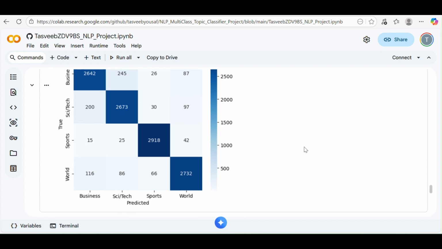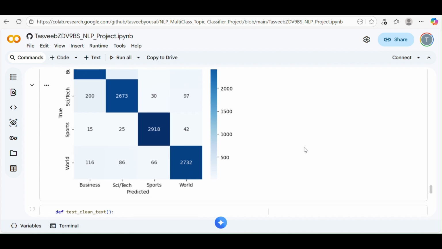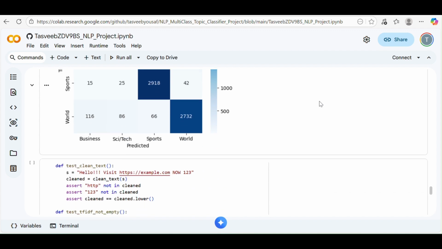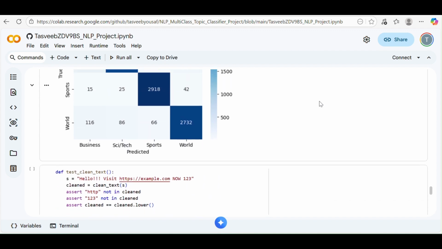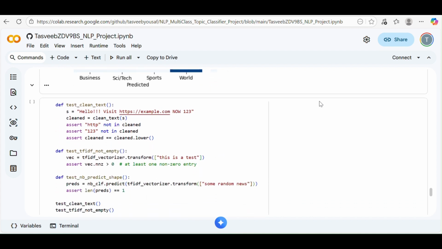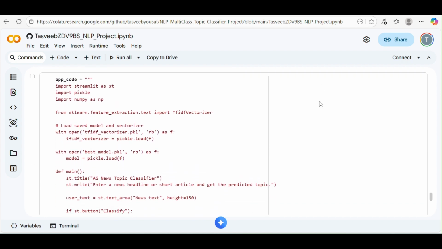These matrices show where the model makes systematic mistakes, for example, confusing business with world, but rarely confusing sports with science and technology. Based on these matrices and visualization, I select the best model, which in my case is typically logistic regression with TF-IDF features, and I save both the trained model and the TF-IDF vectorizer to disk using Pickle.